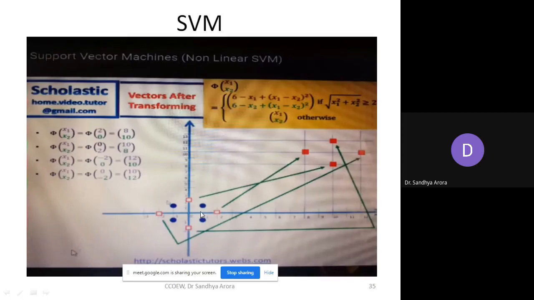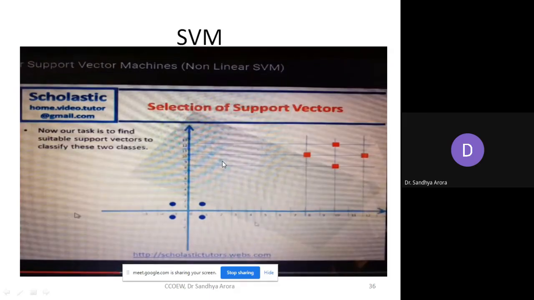Now you have support. These data points are linearly separable, isn't it? You can take either 4 support vectors or 3 of them as support vectors and solve it. Okay, now you can see the red data points are mapped here. You can see this is your plane.